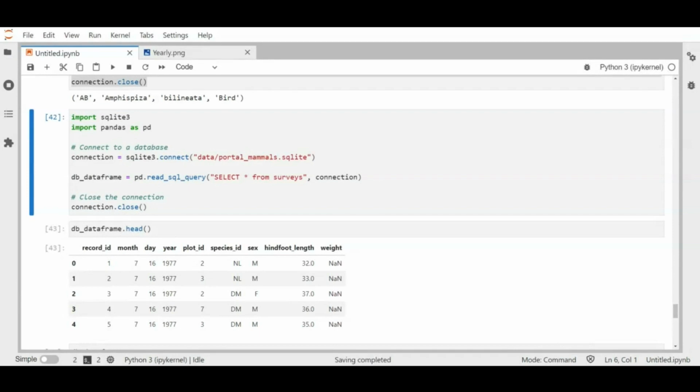If we search NetCDF Python, yes, there is a library, it seems called netCDF4 as nc, and here you have the file, nc.Dataset, and you can